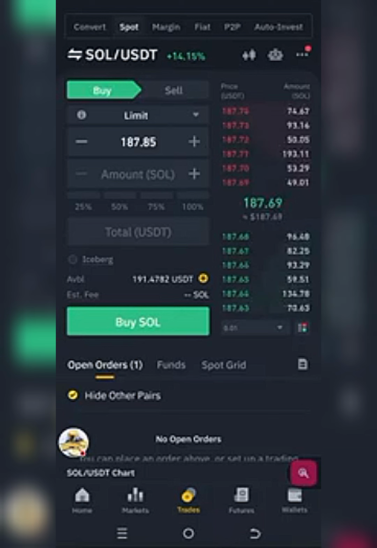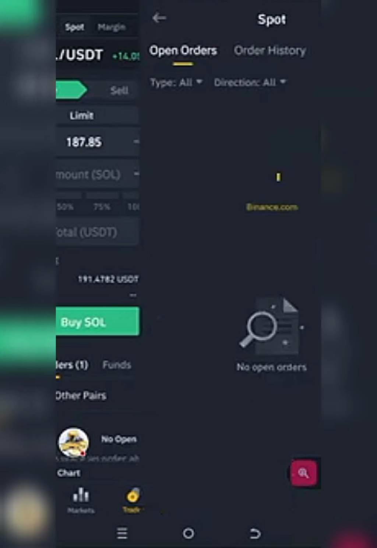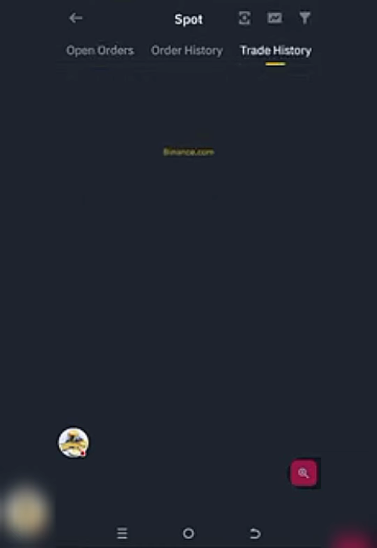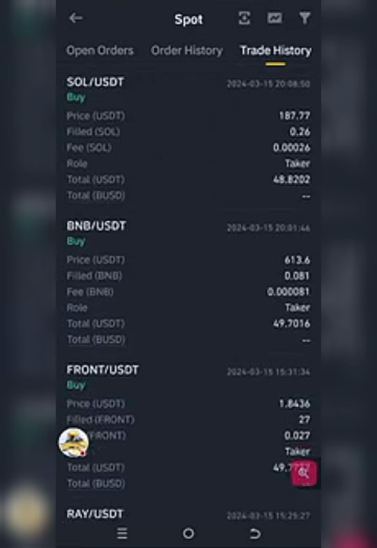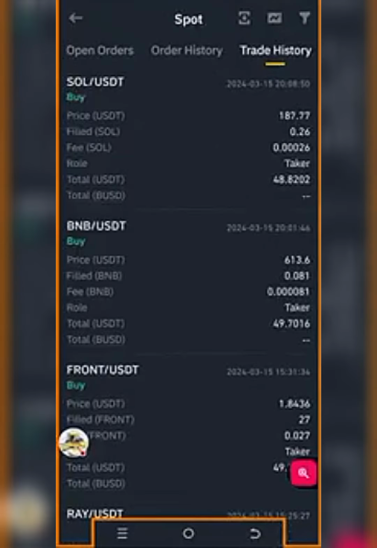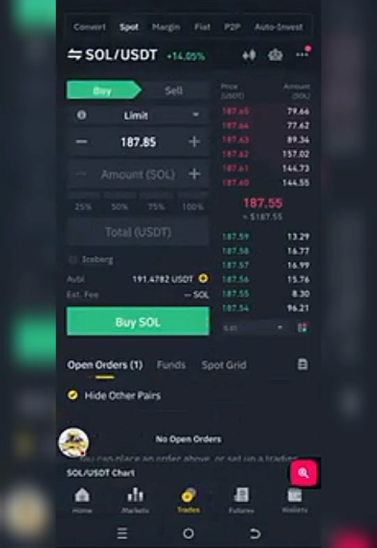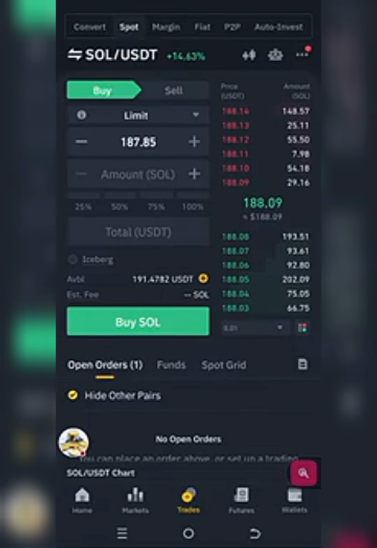Yes. So let's quickly go sell. How much of it did we buy? Let's see. We bought some Solana at 40. Oh, we didn't even buy enough. What happened? I didn't buy enough, guys. But I'm just gonna leave it like that. There's nothing we can do about that. 48.82. Maybe somehow I did not tap to make sure it was completely gone, but that's it, guys. It's done. It's gone.